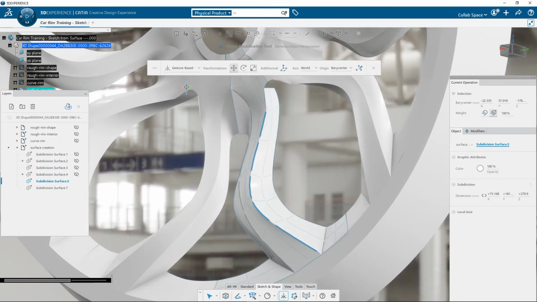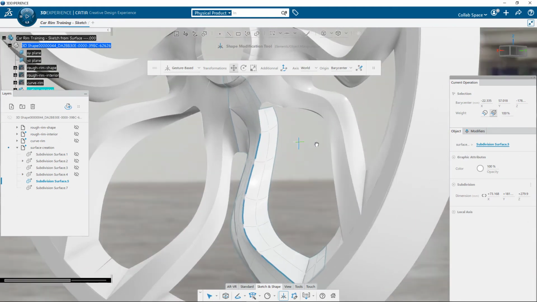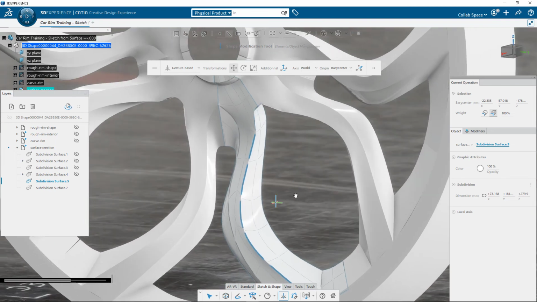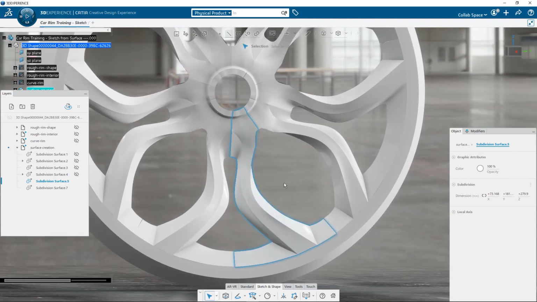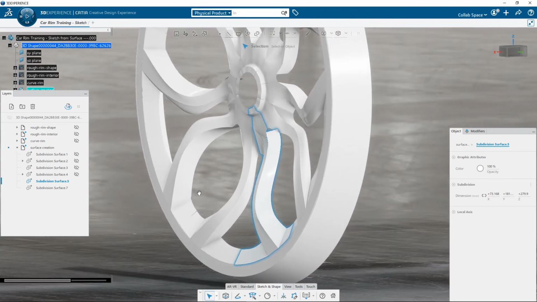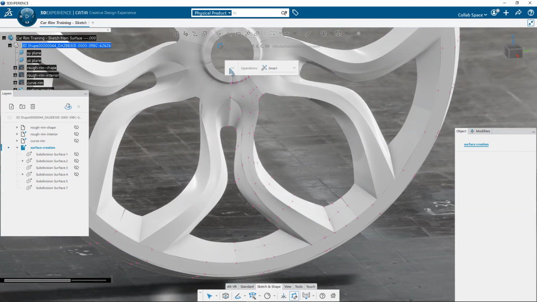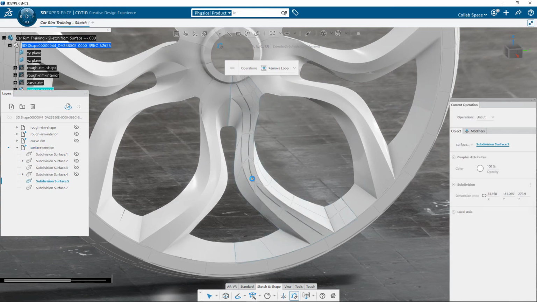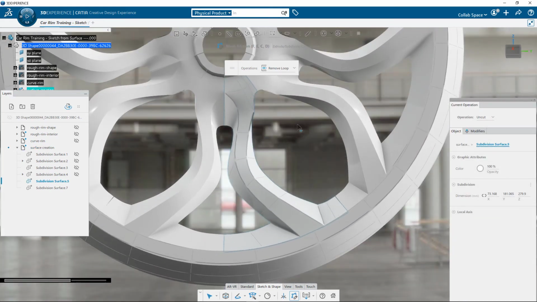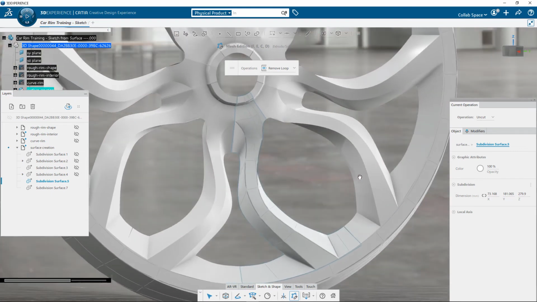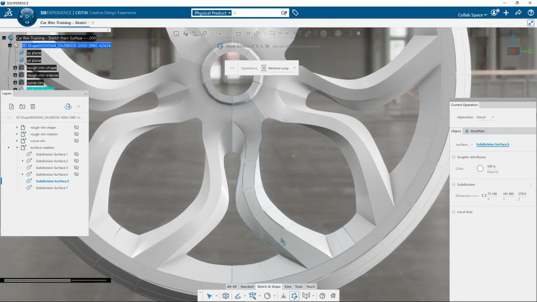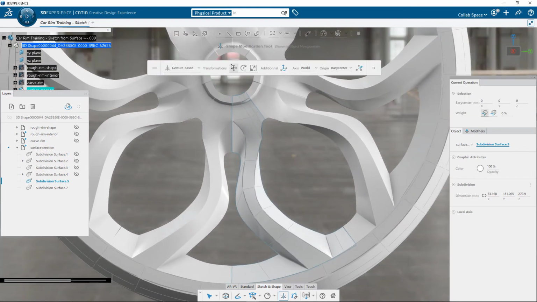When looking at the base mesh, I want to simplify the result to be able to sculpt easily the shape afterward. With the Mesh Refine command and the Edge Selection Filter, I use the Remove Loop operation to clean the base mesh by removing 3 internal edge loops with a simple click on each. With the transform command and vertex selection filter, I modify a little the shape.